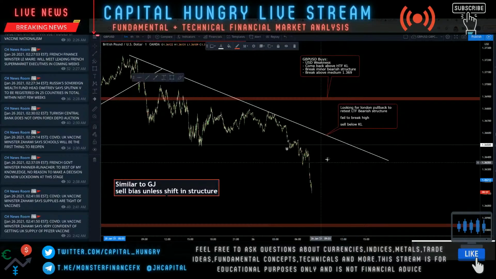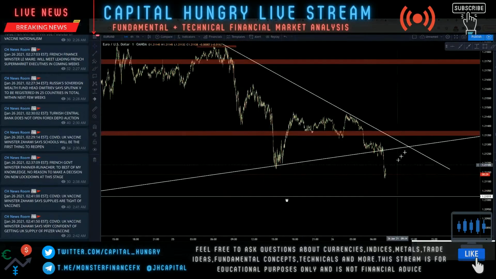GU, it would be ideal to get the retest of 1.365 unless you already got an entry when we were talking about those sales on GU. EURUSD, we're looking for a retest of this bearish market structure, broken bullish structure, and previous 1 minute lows and continuation down.